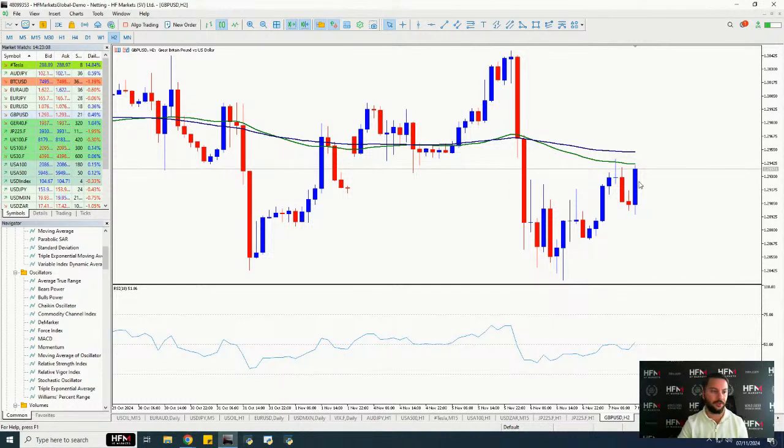So bullish bar, bullish candlestick. There are benefits, ladies and gentlemen, to speculating the increase of the British pound against the Swiss franc, because the Swiss franc is the second worst performing currency of the day. The only reason I'm not going to say the US dollar is because the US dollar saw a very strong price movement yesterday. The Trump trade is known to significantly support the US dollar in the longer term.